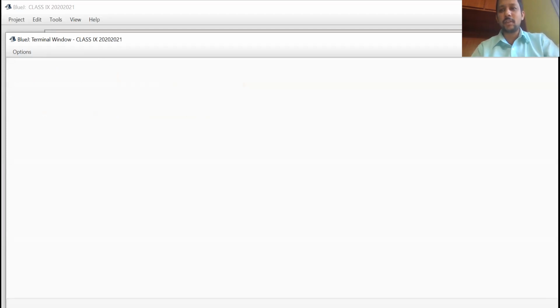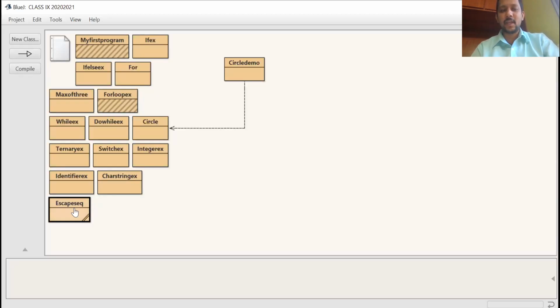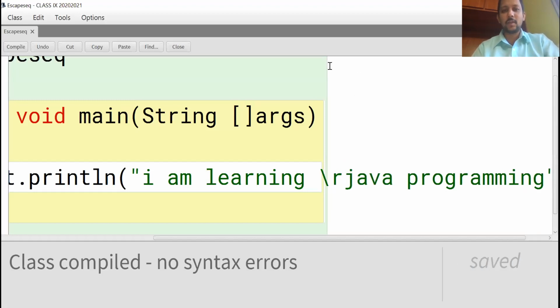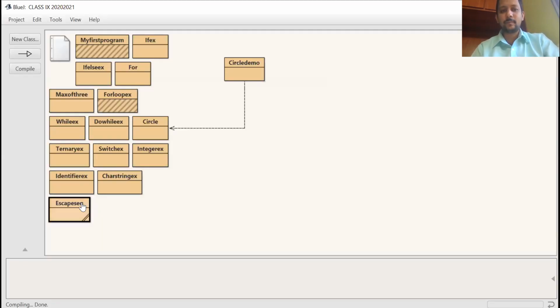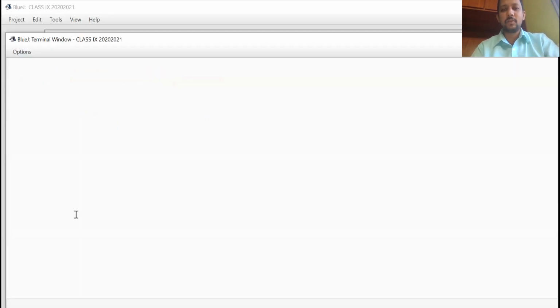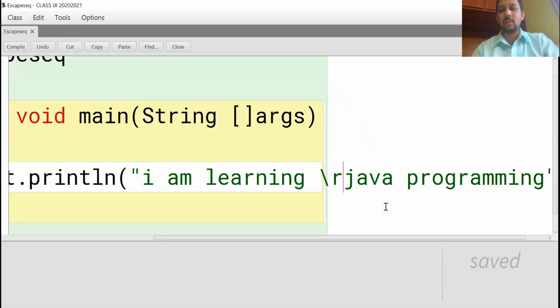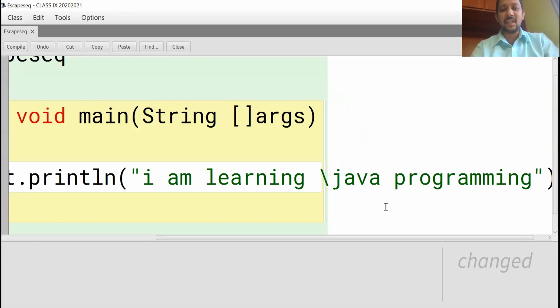And one more is slash r, carriage return. Now observe, same output. Slash n and slash r: if you change the operating system, then slash n or slash r will work. Now slash t, horizontal tab.